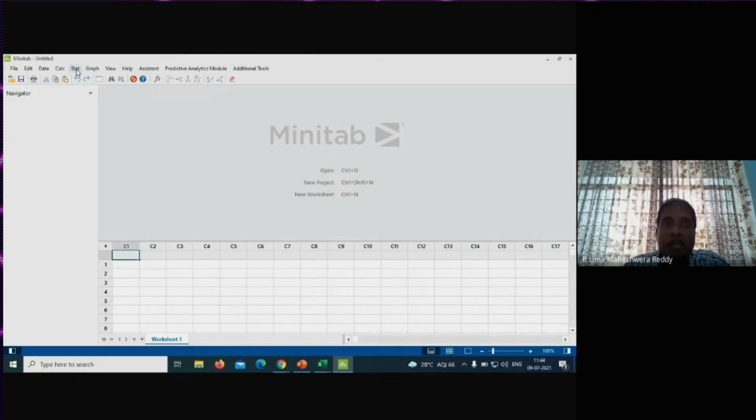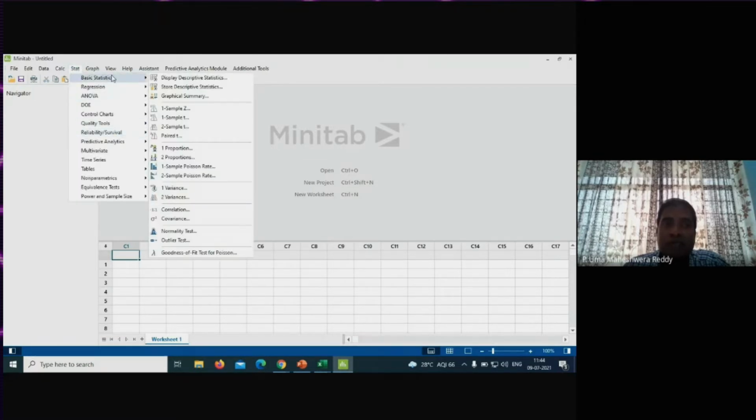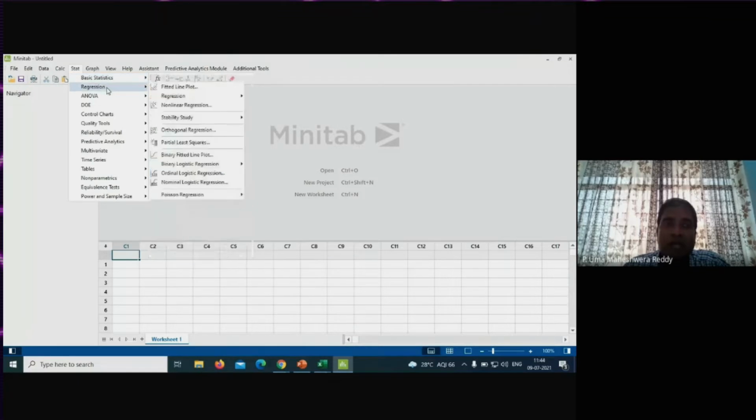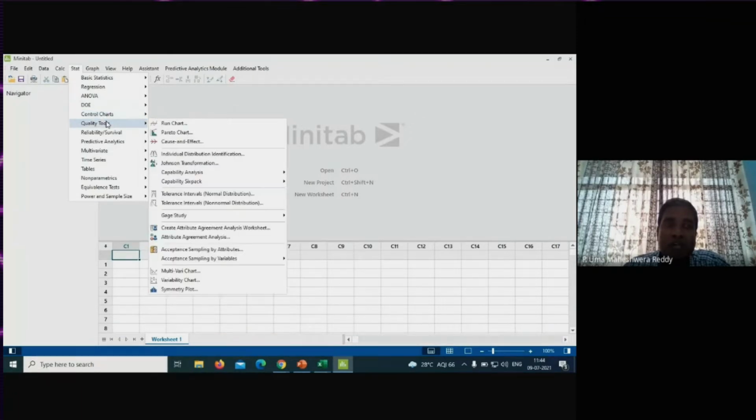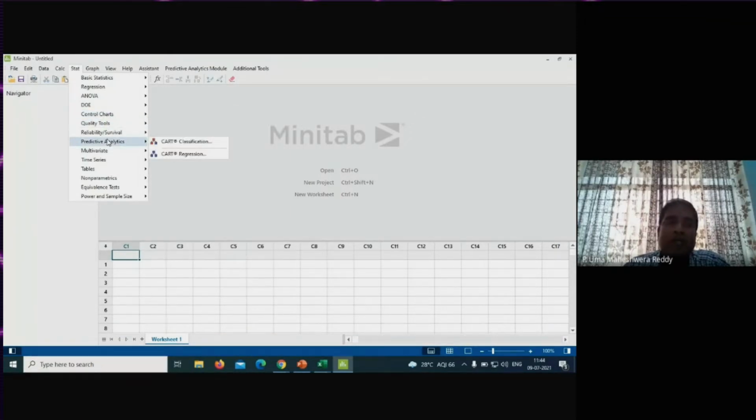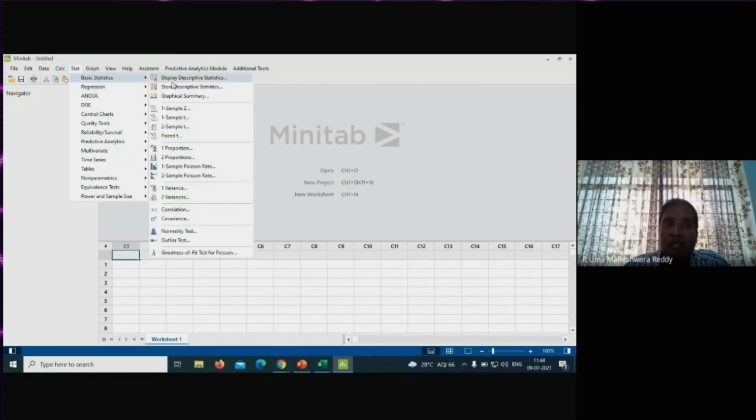In Stat, you have different features, starting from basic statistics, regression, analysis of variance, design of experiments, control charts, quality tools, and so on. There are different tools, and under each submenu, you have again different key functions.